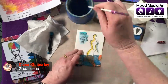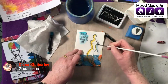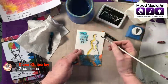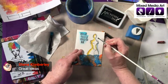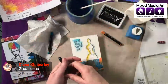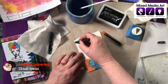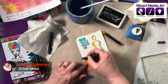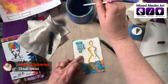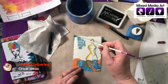Now again, you don't want too much, but these will reactivate, so you can come and just fiddle with it a bit. And again, it just helps to give it that little bit of definition so it sits back up off the edge. And then maybe we need a bit of a border. And you can always just use these like normal crayons as well. You don't have to activate them. Absolutely. So whether we want it a bit grungy or whether we want it just to...